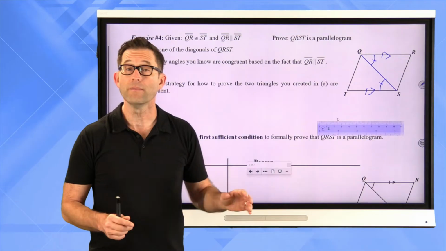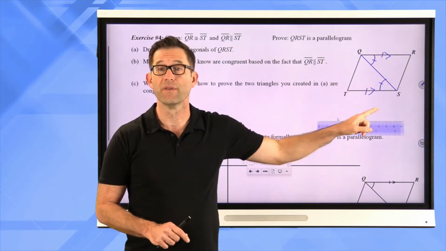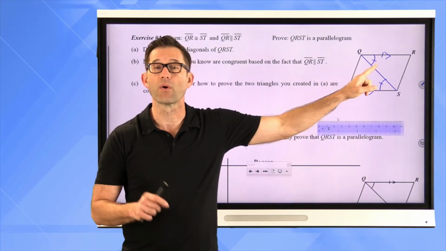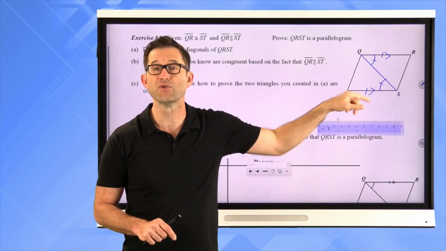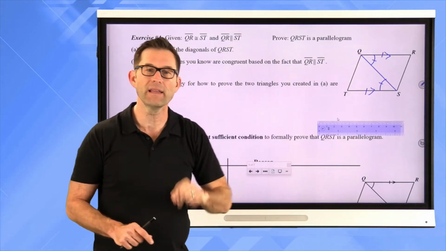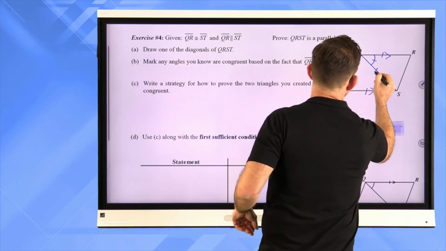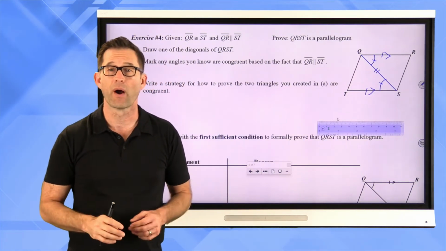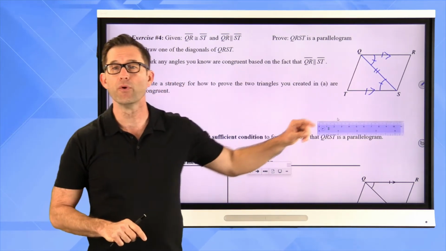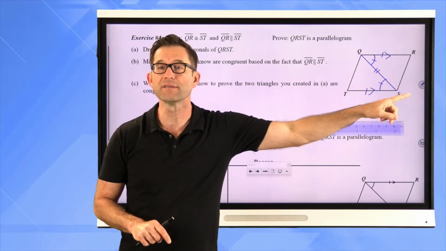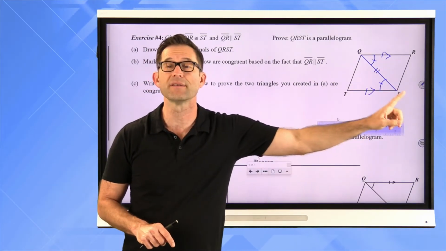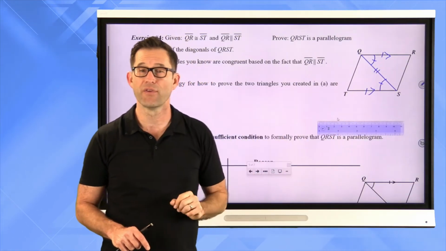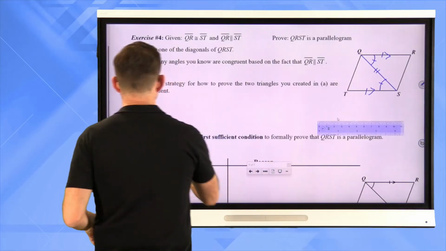All right, well, I know that this side is congruent to this side because it's given. I know that this angle is congruent to this angle because they're alternate interior angles created by these two parallel line segments. And finally, I know, of course, that QS is congruent to itself because of the reflexive property. So I'm going to be able to prove that triangle RQS is congruent to triangle TSQ by the side angle side theorem, right? So we can use